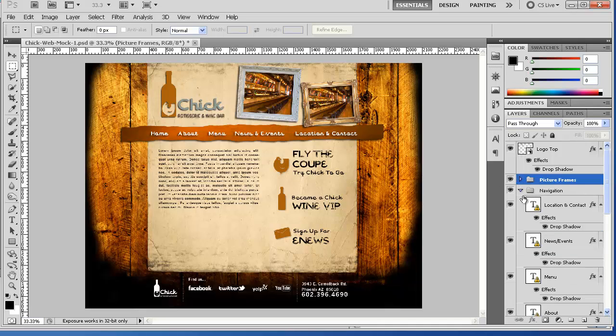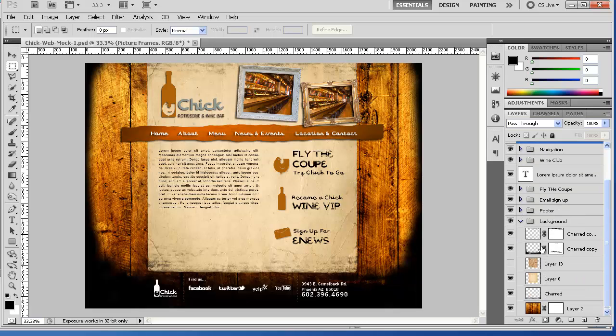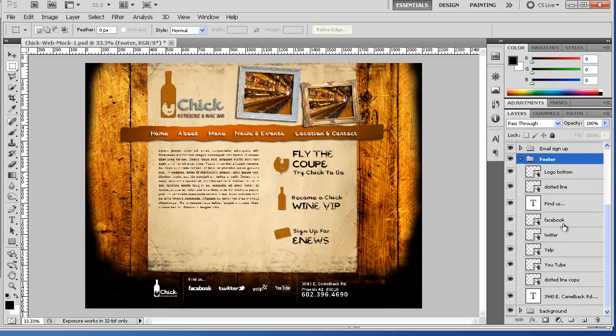So this document contains many files in it, okay? If I say this is my base layout, she's got everything over here organized. She's got navigation, and then she's got like wine club and fly the coop and email and footer and background. So we got a bunch of pieces here, and that's really nice. And inside each folder, for organization purposes, it's great. Inside each folder, we have like all the background here, and then we have a footer with a bunch of